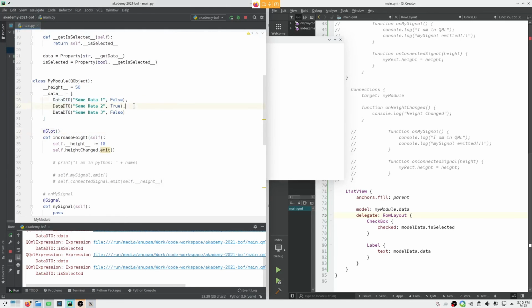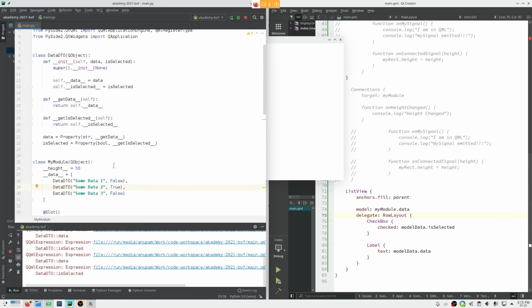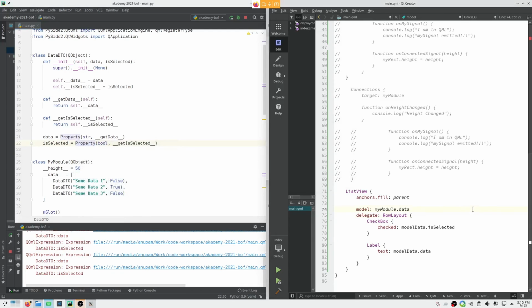Why did I do this? Because there might be some complex objects that you need to store in an array, which cannot always be represented by just a dictionary, which is why you need some custom classes, and you need to use properties to expose those variables to QML.